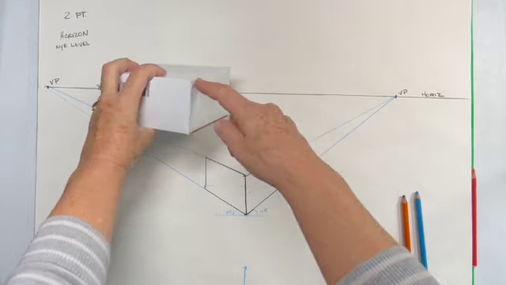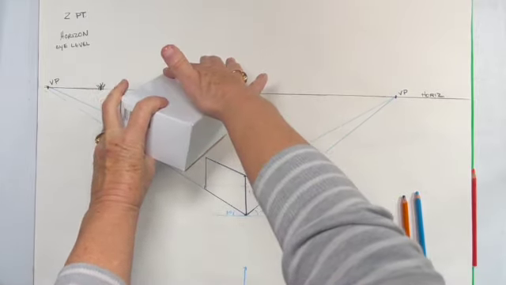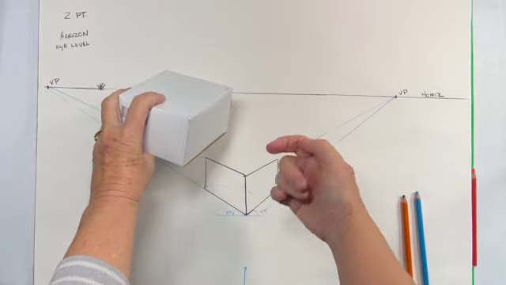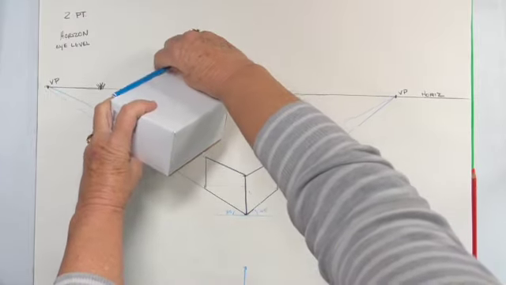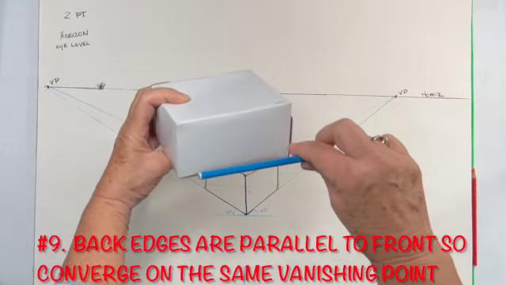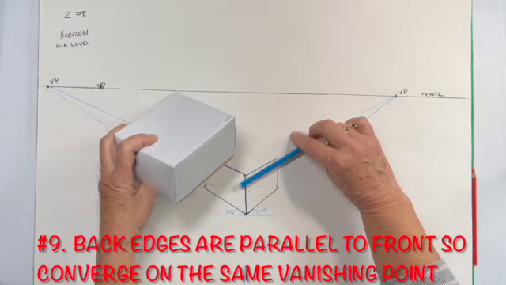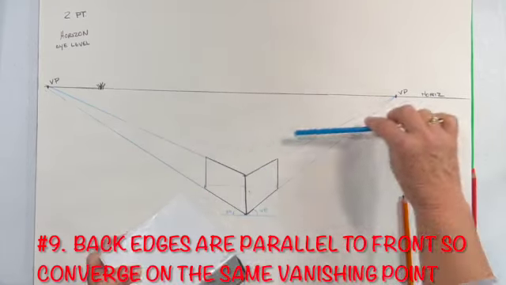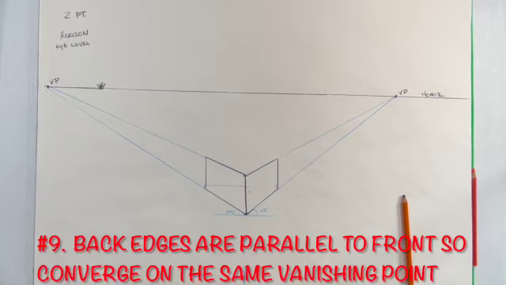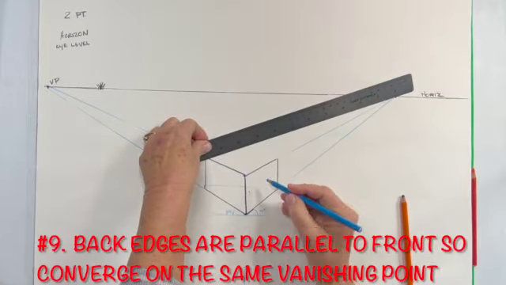So now we need to figure out the back side of the box. Let's start with this one over here, this back edge. Now we know in reality it is parallel to these. And seeing that, we know it's parallel to this one and this one, so it must intersect with that same vanishing point off in this side, because it's parallel here to here and there. We start at the top of that corner